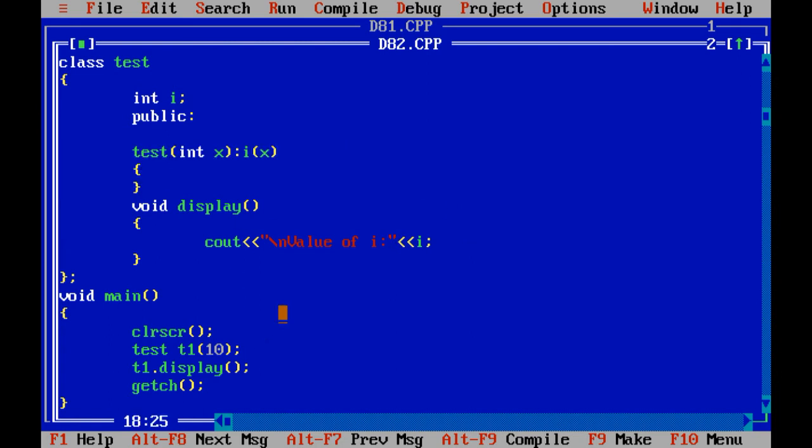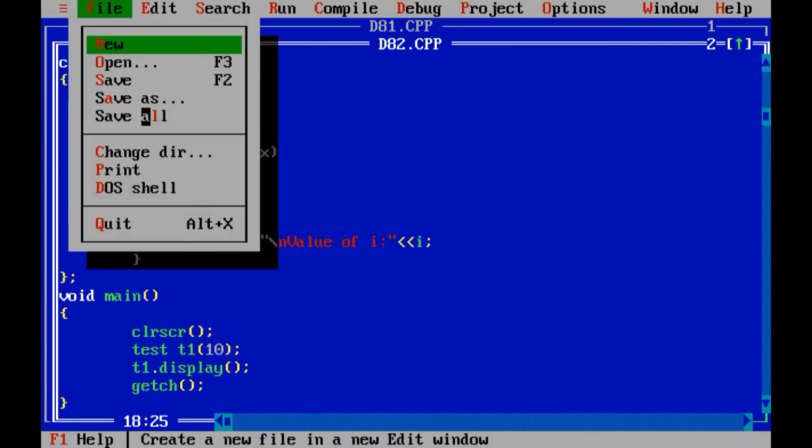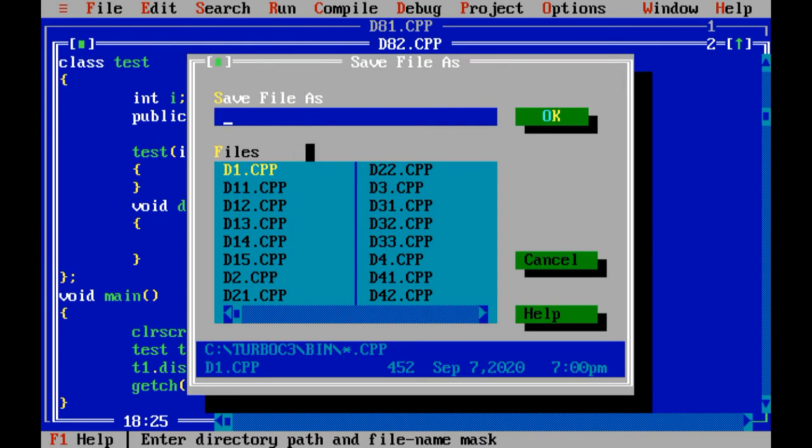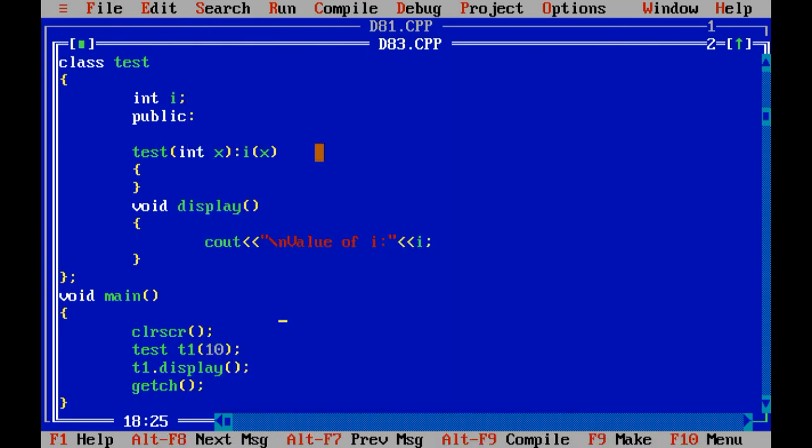Now see, if you want to pass two values using the concept of MIL, such a thing is also possible. For that, let me save as this file d83.c++. I am going to save as the previous one.